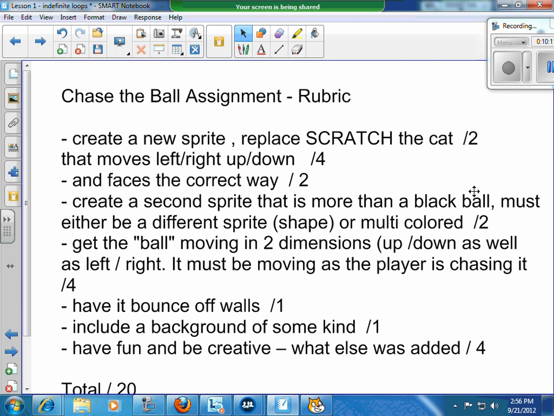Okay, get the ball moving in 2 dimensions, so not just left, right, but up, down as well. Okay, and it must be moving as the player is chasing. So the cat is trying to chase the ball. Okay, but the ball is bouncing around the screen. The ball should bounce off the walls, have some kind of background,